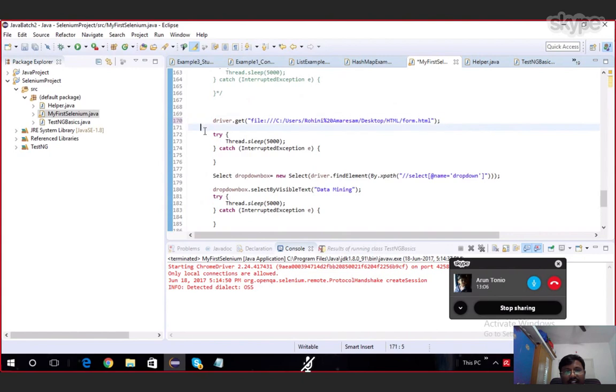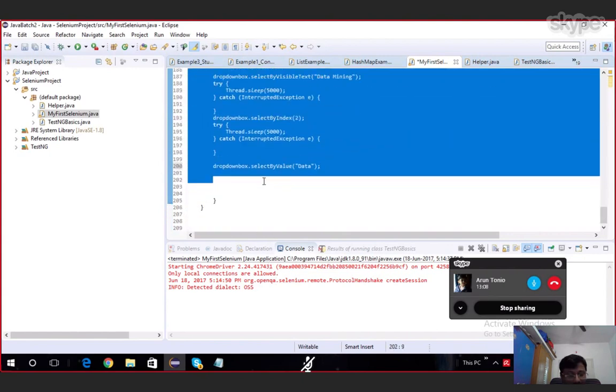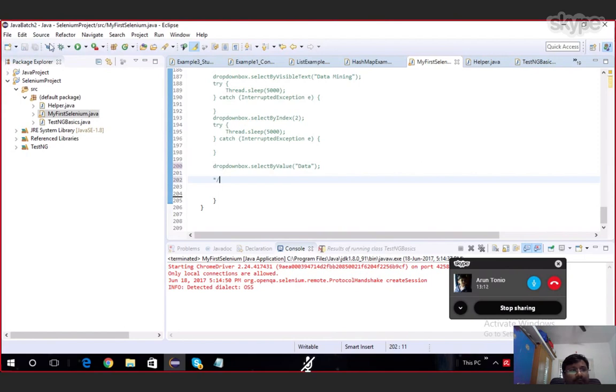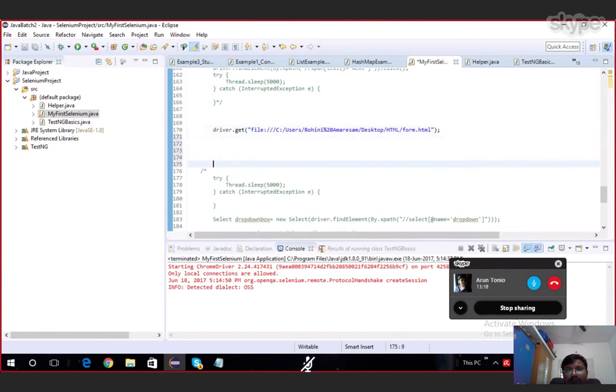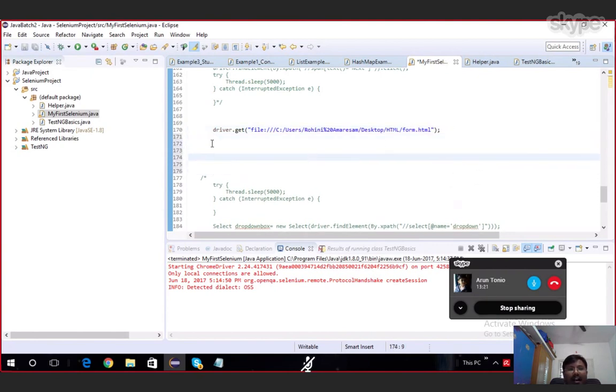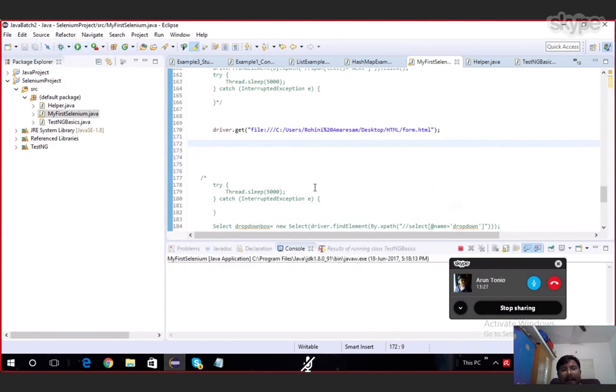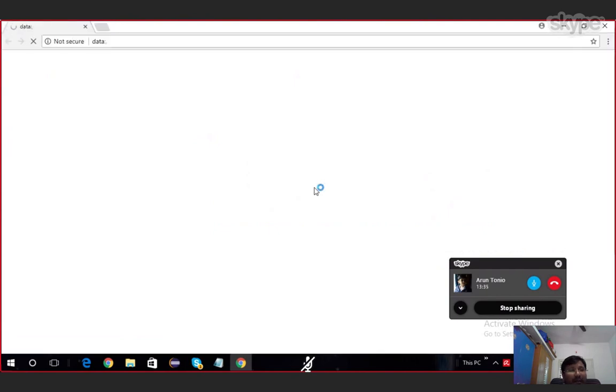See guys, just I am opening that file. I am opening this. Let me open. After that, we'll try to select drop down box values.